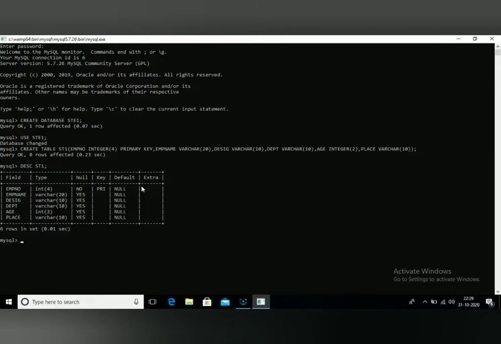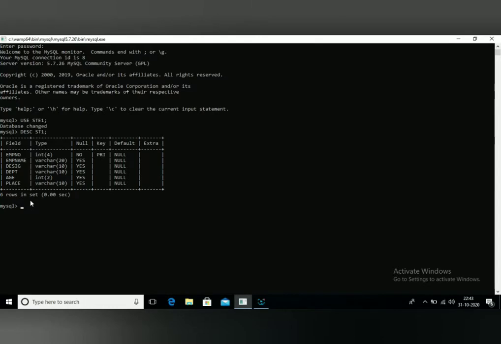I understand this one. So first we create a database, then we create a table. You want to see the structure of the table, we use the command. The command is called DESC, followed by, this is not in our book, but if you want to see the structure, DESC followed by your table name. That is not a database name. Listen carefully. Here we must give only the table name. So here we give our table name. Automatically the table structure is displayed on your screen.